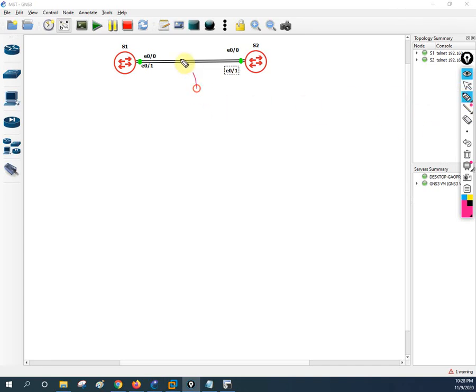Because of spanning tree calculation, maybe this port, or any one port, will be disabled, and only one link will be allowed, right? So we can create the VLAN in this one example. I want to create 100 VLANs here, 100 VLANs here. Spanning tree protocol is running for each and every VLAN separately.